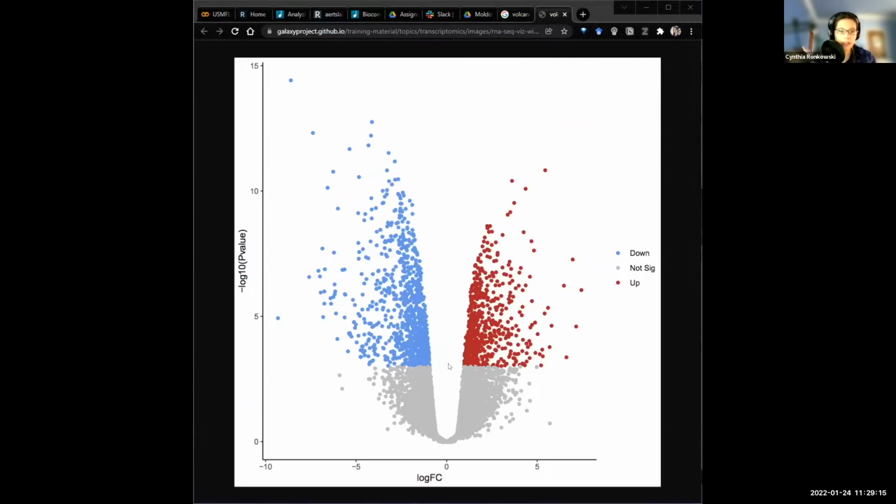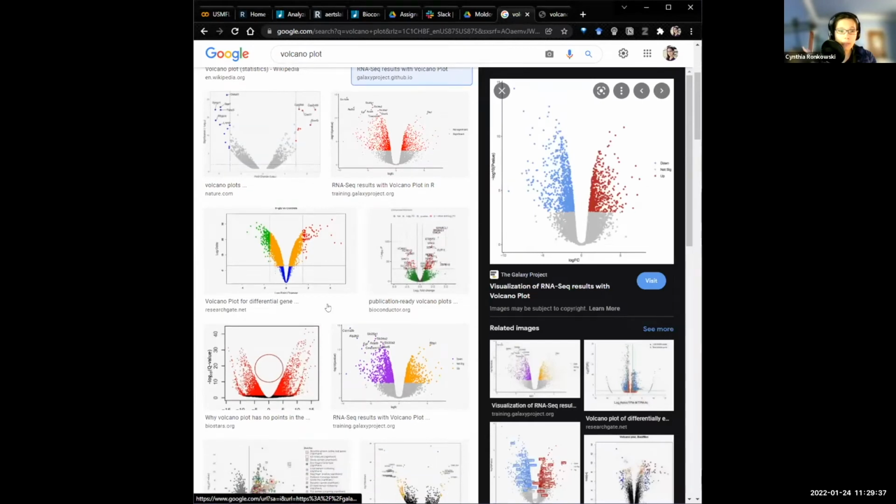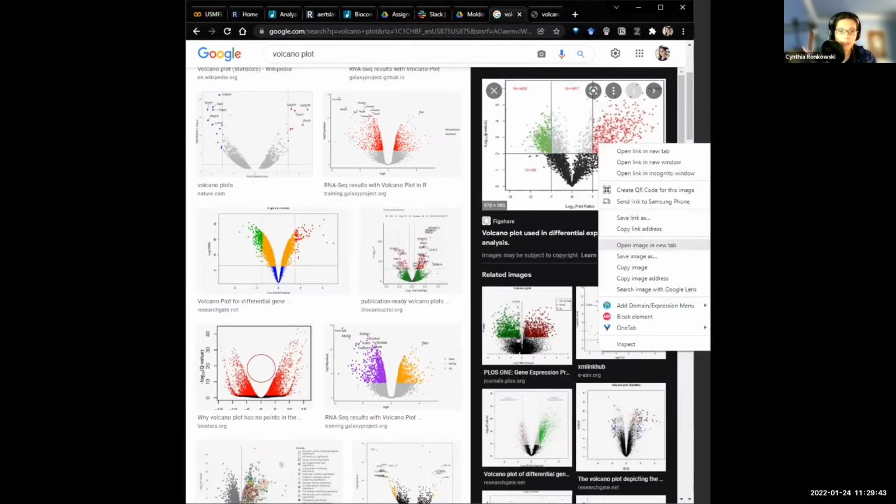So typically it's also common to see parts of the volcano plot grayed out because those points are not very important, because we define a certain threshold and we are only interested in the points that are beyond that threshold. Sometimes multiple thresholds can be defined too, where in this case, for example,